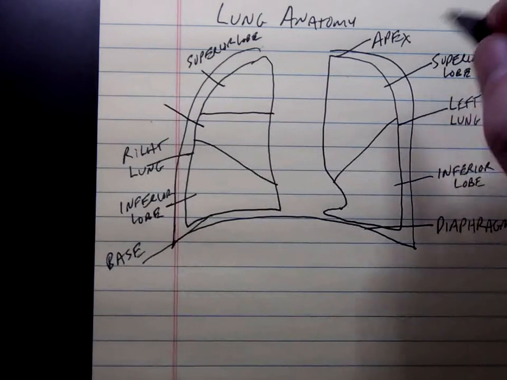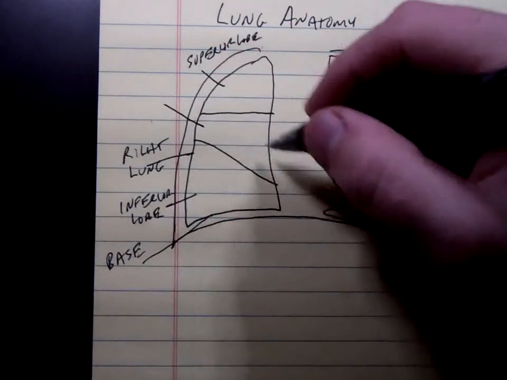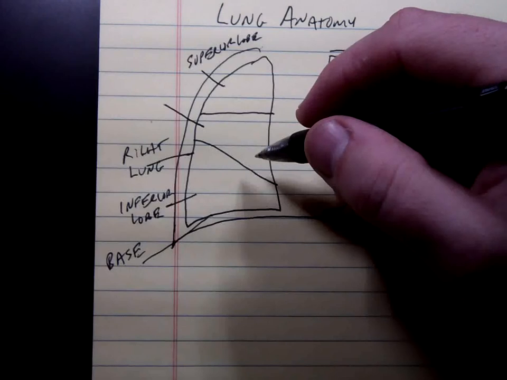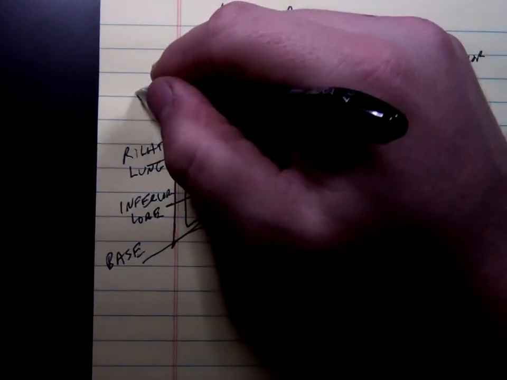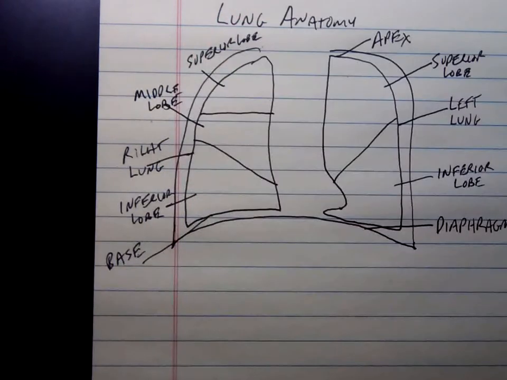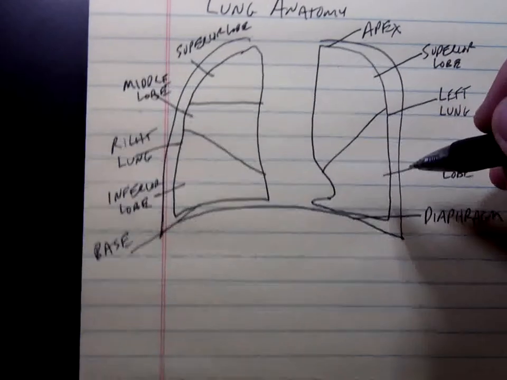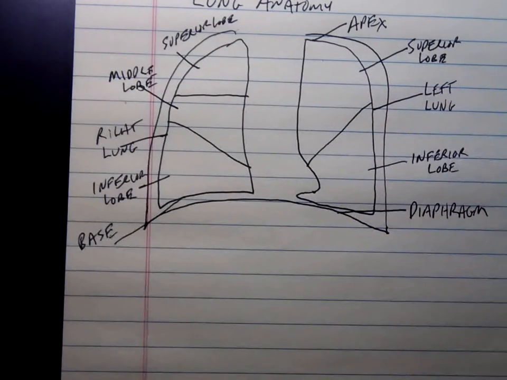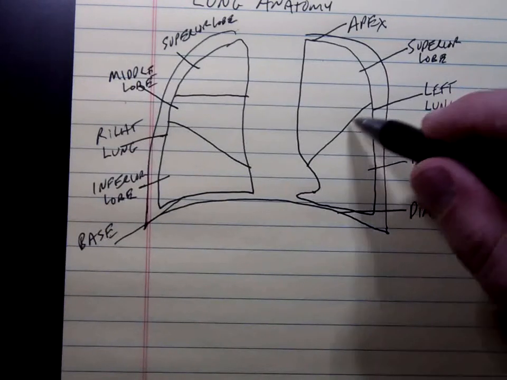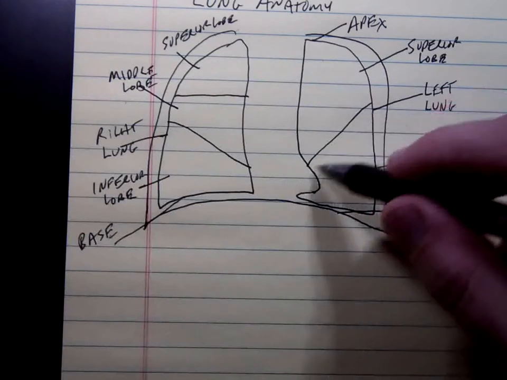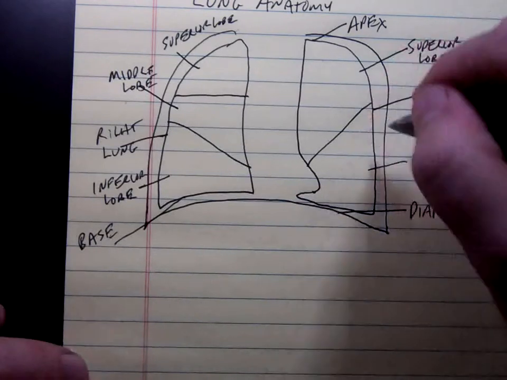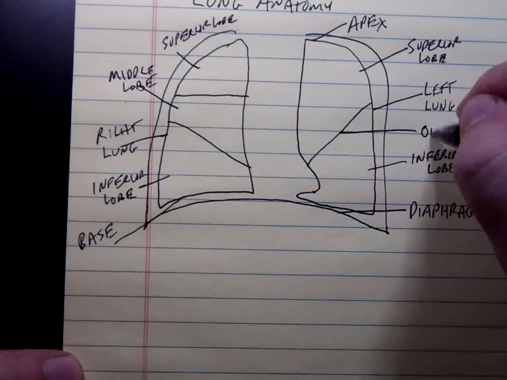All right. So here we go. What would you call this one? So simple. Yep, that's what it is. Middle lobe. Okay. Now these grooves here, they're long grooves or openings, and we've used this term before for a long, kind of deep groove. It starts with an F. Fissure, good. Okay, this is called the oblique